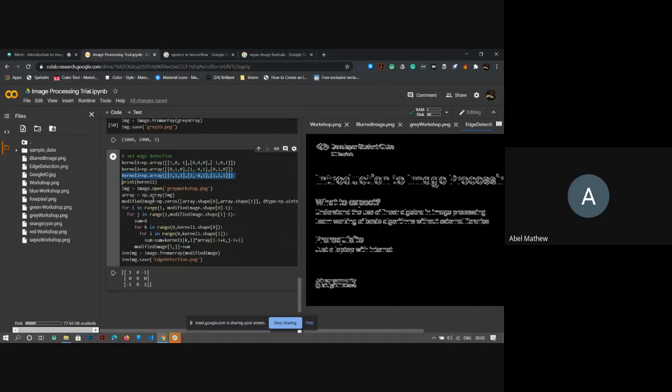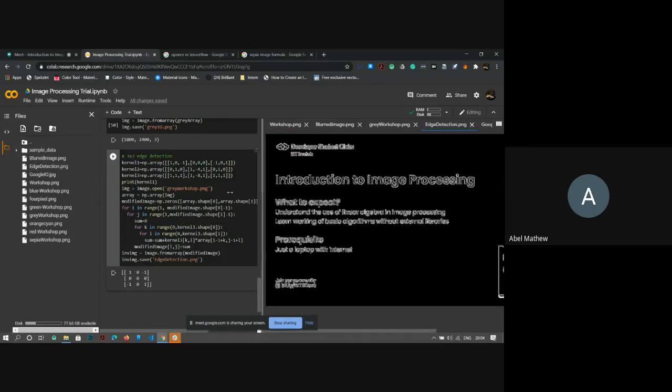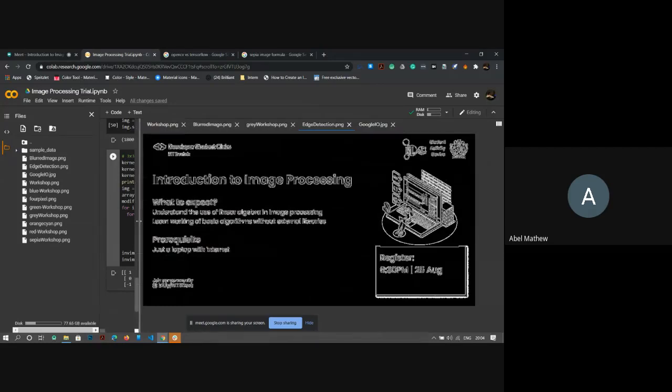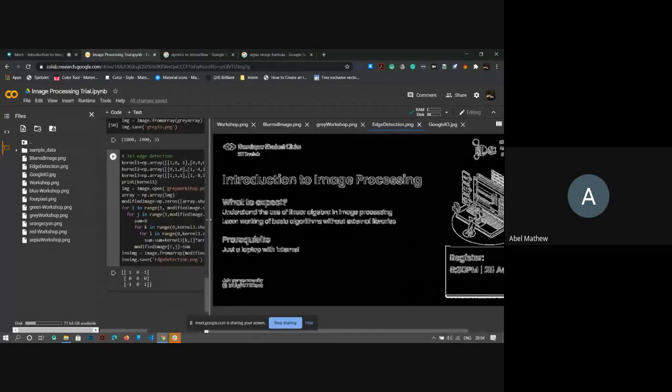If I change the kernel, make it kernel 3, we see that we get a better visualization of the edges. So using different kernels, this is possible.